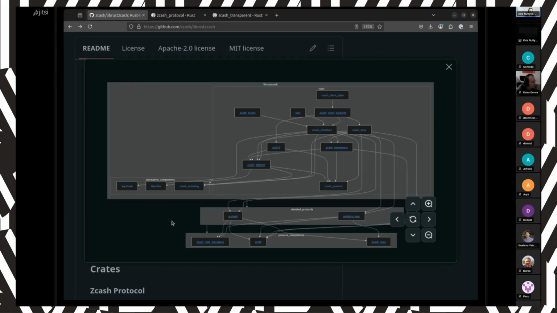Now there is also a whole stack of other crates for the proving systems, the circuits, or the circuit utilities, and so forth that sit underneath these that I'm not going to talk about today. What I'm going to talk about are the crates that are going to be of primary interest to developers who are working with the higher level APIs